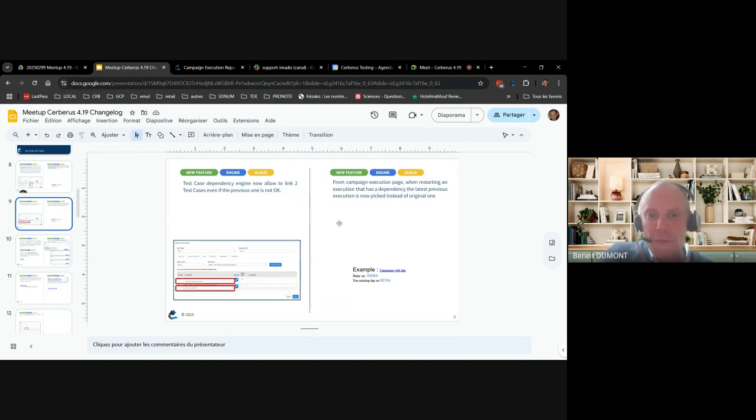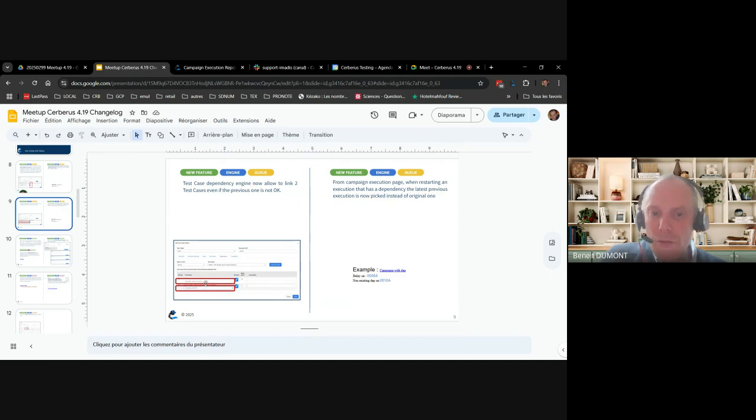Two other features before I show it inside the tool directly. Another improvement on the link is that before, Cerberus was releasing the next execution when there was a dependency, no matter what was the result of the previous execution.